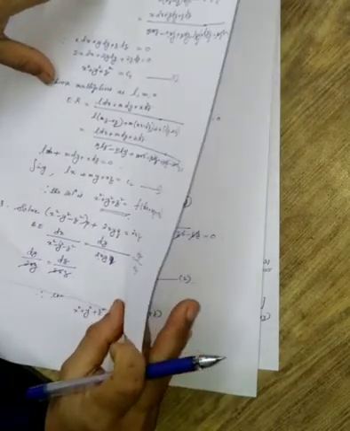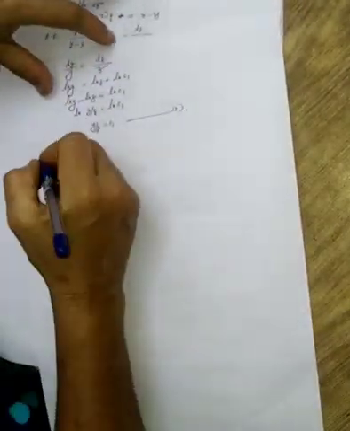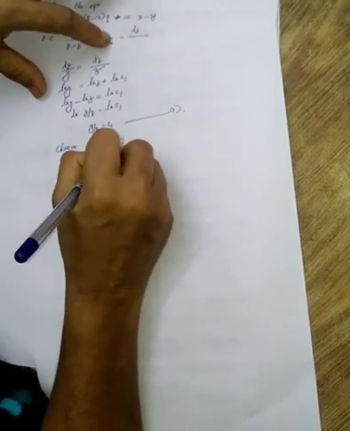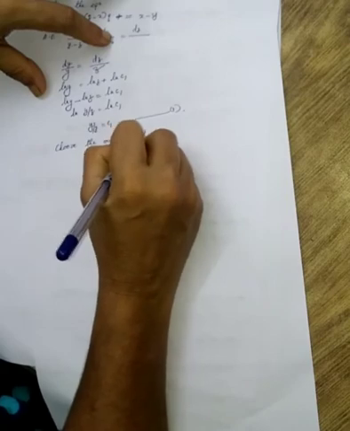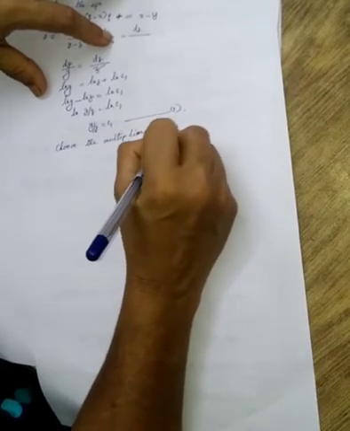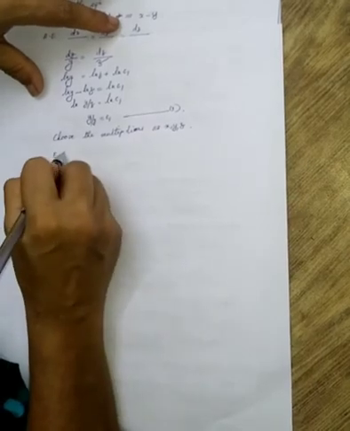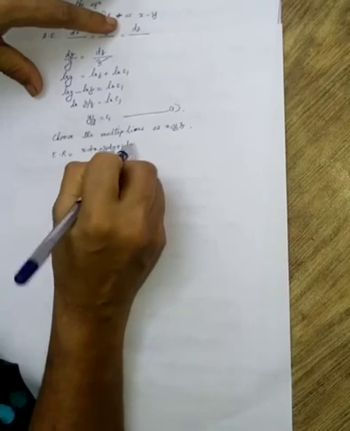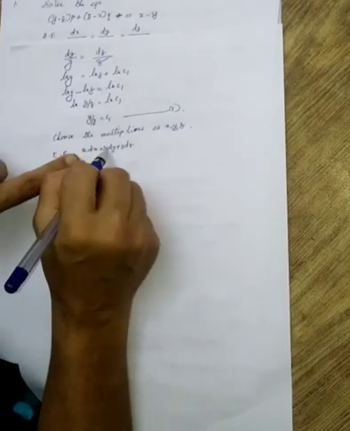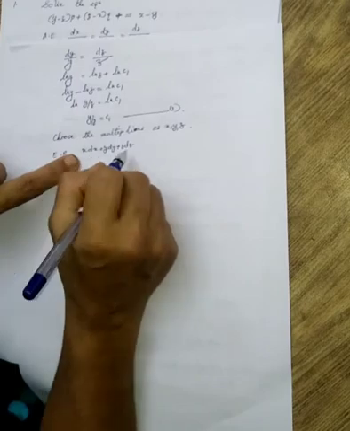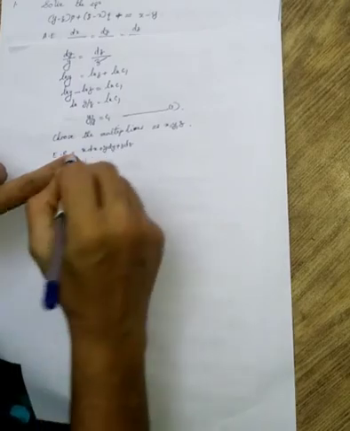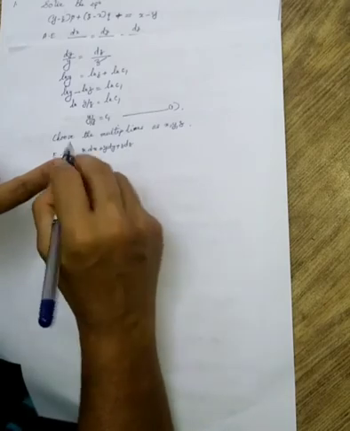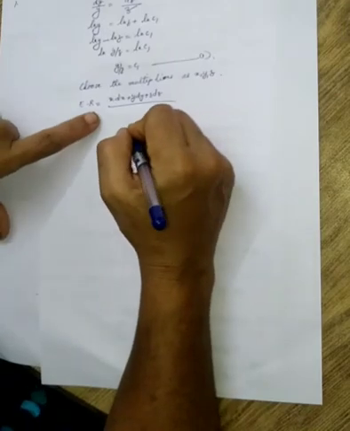So in this case, we are finding the multipliers. Choose the multipliers x, y, z. Then each ratio is equal to numerator x dx plus y dy plus z dz. In the first ratio, we multiply the numerator and denominator by x. In the second ratio, multiply the numerator and denominator by y. In the third ratio, we are multiplying the numerator and denominator by z. Then adding together, the numerator is the sum of the corresponding numerators, and the denominator is the sum of the corresponding denominators.